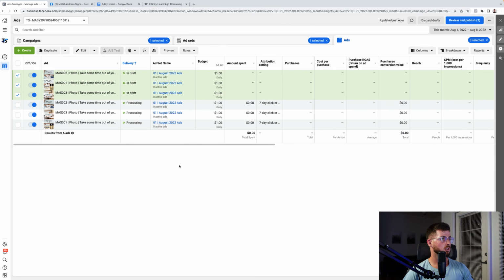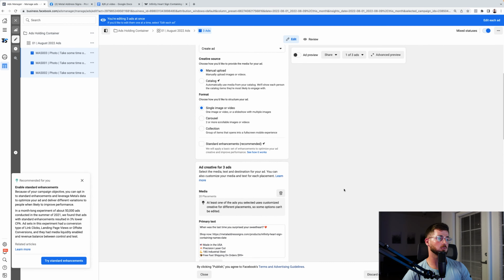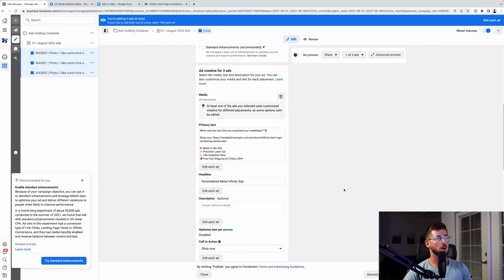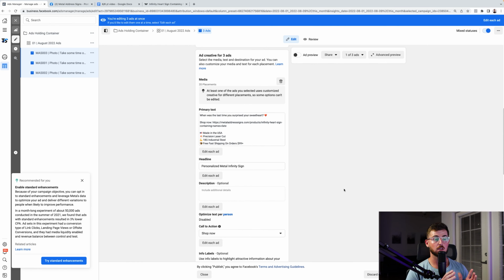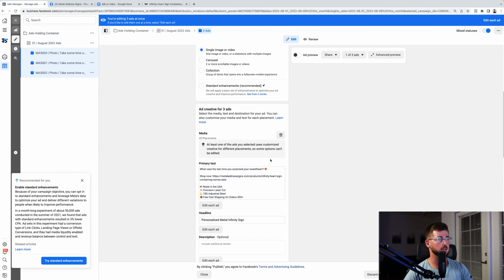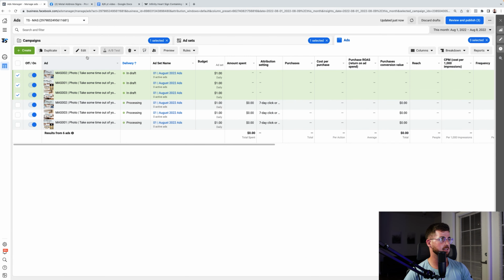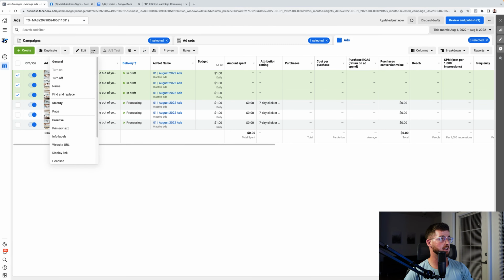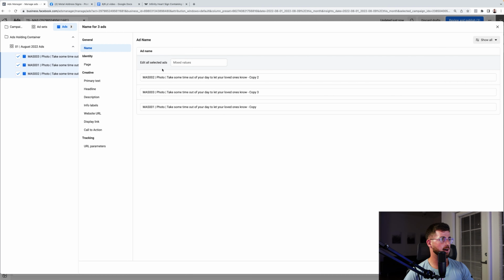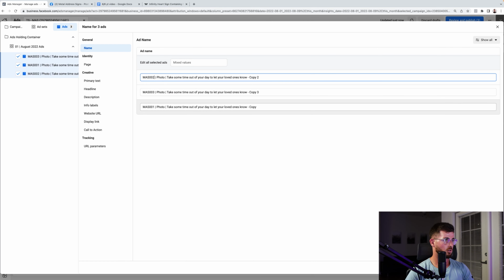Cool. So now we have basically 6 ads, 3 of which are using "When was the last time you surprised your sweetheart," and another one was something around that other particular piece of copy. Now, what I want to do is just go ahead and edit this for naming convention purposes. So we got basically 4,